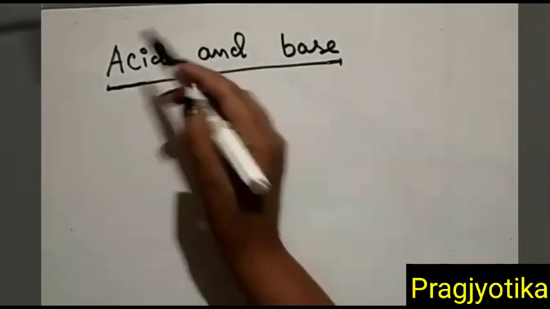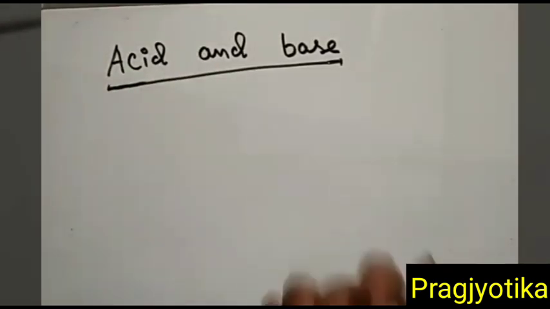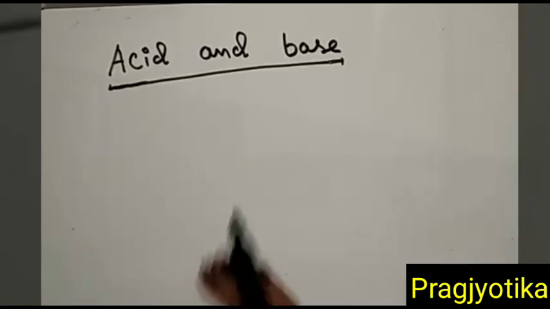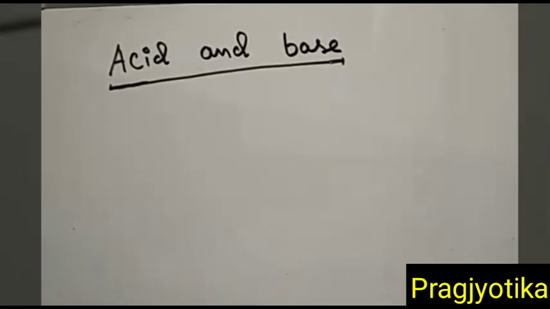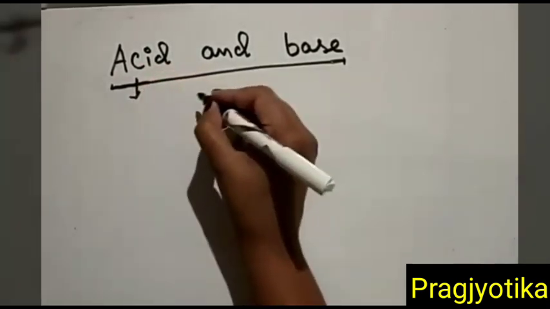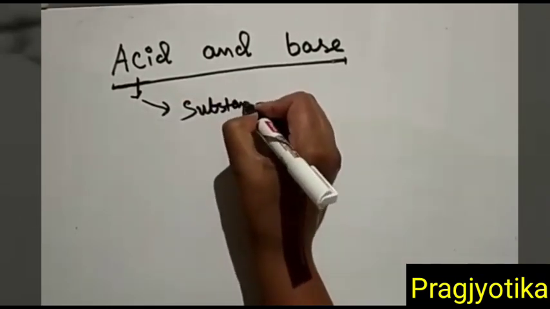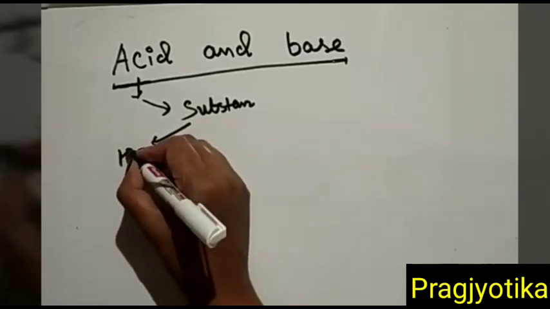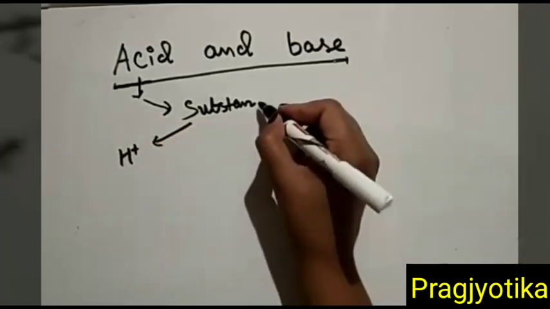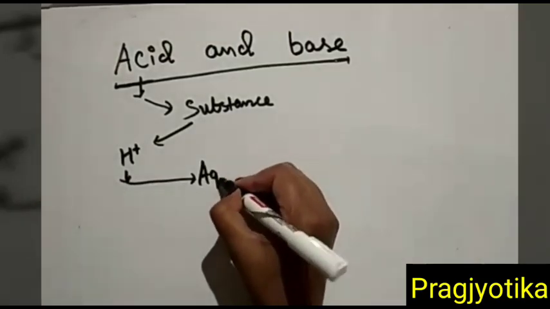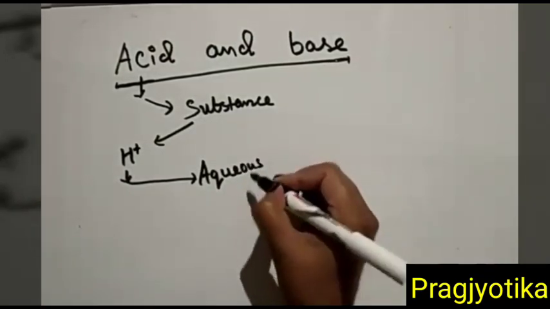So first let's discuss what is acid. Well, acid is a substance that gives hydrogen ion in aqueous solution, whereas base is a substance that gives hydroxide ion in aqueous solution. So acid is a substance that gives hydrogen ion in aqueous solution,